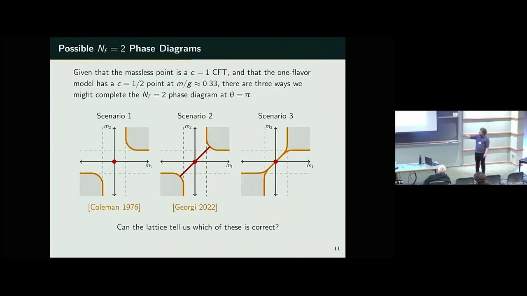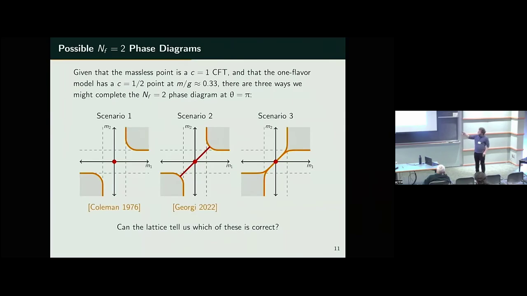You could say that this SU(2) level 1 point is disconnected from the rest of the phase diagram. It's an isolated CFT. You could say there's a line of CFTs that goes between here. And this was suggested by Georgi doing some perturbative calculations around this massless point. It seemed like maybe perturbatively there was a line of CFTs going away from this massless point, which was interesting